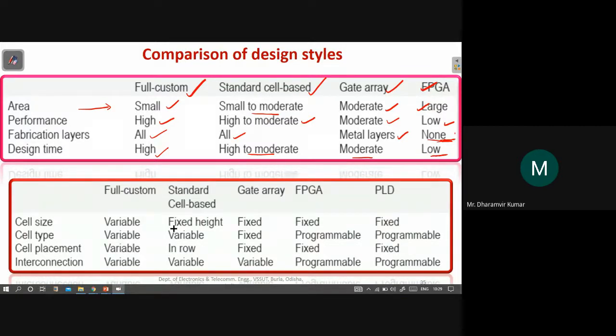Then these are some more comparisons between these different styles. Cell size: in the case of full custom it's variable. What is a cell? At this time you can imagine it as a small logic block, or maybe a single transistor.